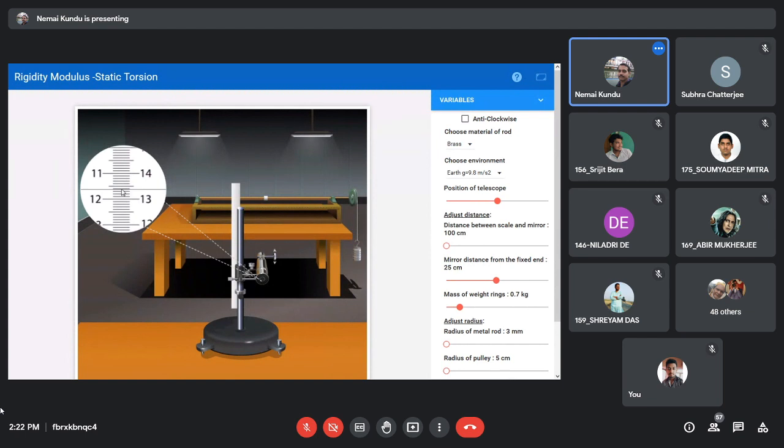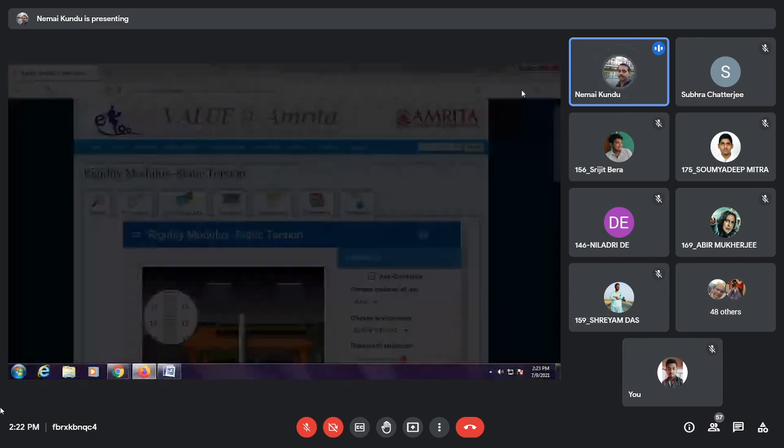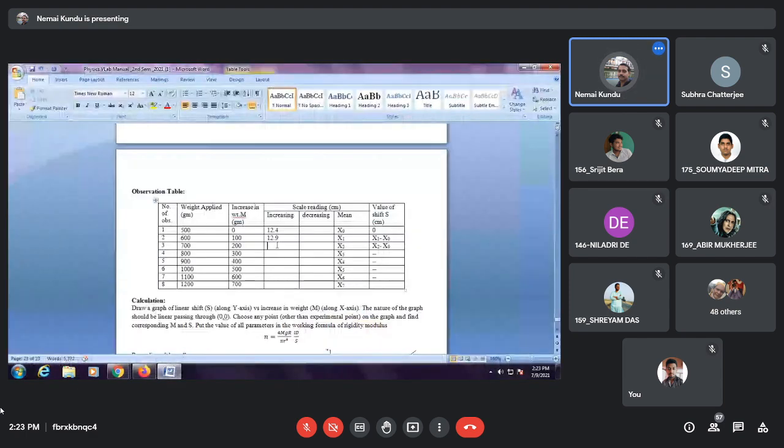It is 13.4. When we take the reading, we consider this horizontal mark. You take the reading from the position of the horizontal mark on this scale. Suppose the horizontal mark lies between two consecutive divisions of the scale; then we take the division which has crossed this horizontal mark as the scale reading. Right now it's very close to 13.4, so we take 13.4 as the reading and write 13.4 as the next value.